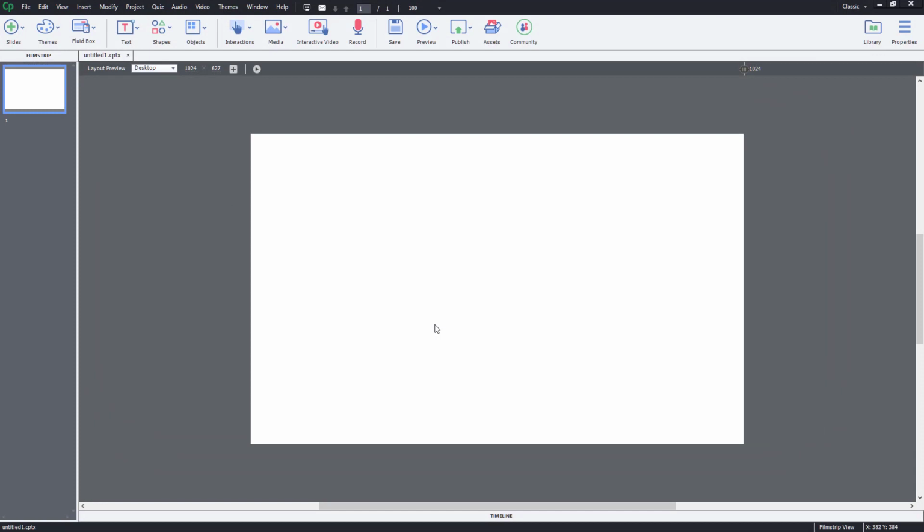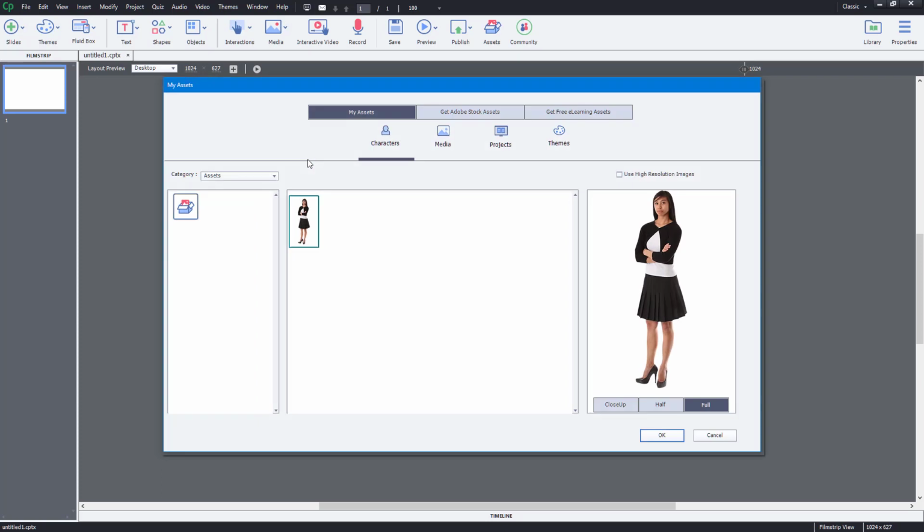So now let's see how to insert characters inside of Adobe Captivate. Inside of Adobe Captivate, if you go to Media, you have this option called Characters right over here. Let me just click on this, and once I click on this, you realize that I'm in the Characters